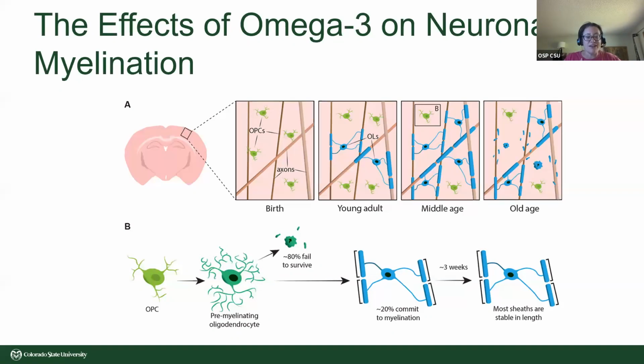Can MRI be done local to the participant? Yeah, we don't have an MRI here at CSU, so you're going to have to travel to Denver Health to be able to do the MRI. So, good questions, really good questions. So, neuronal myelination. My background, actually, before I got into research administration, was physiological and brain studies, looking at myelination and actually visual system development. So, this is where my interest comes from.